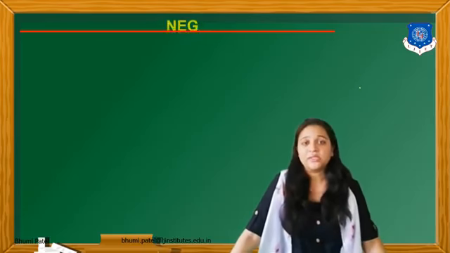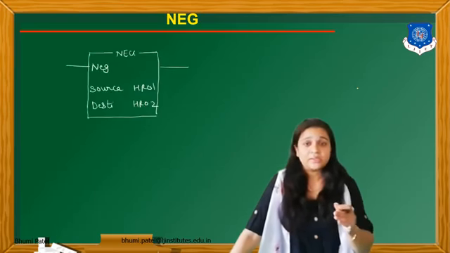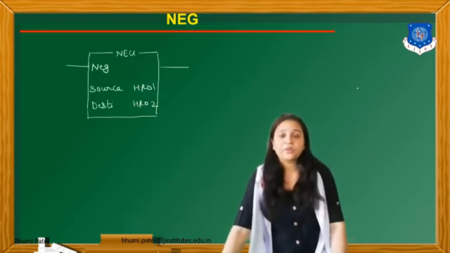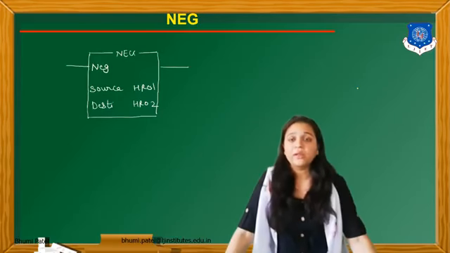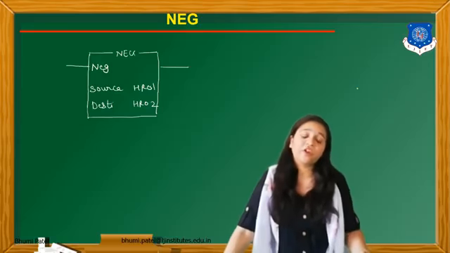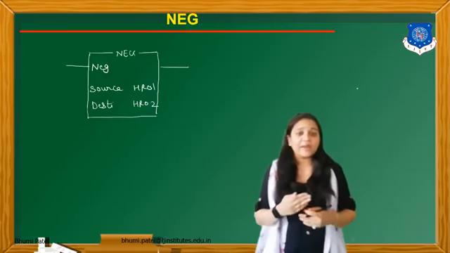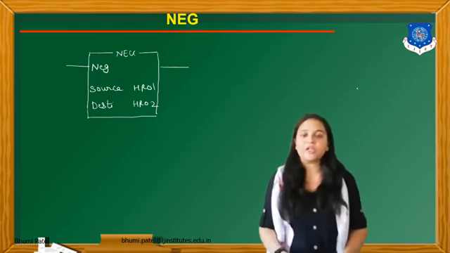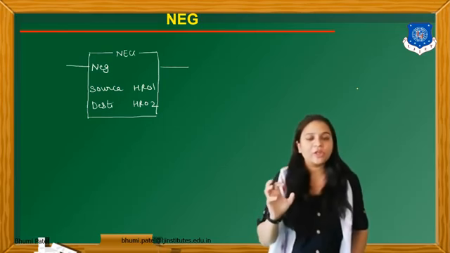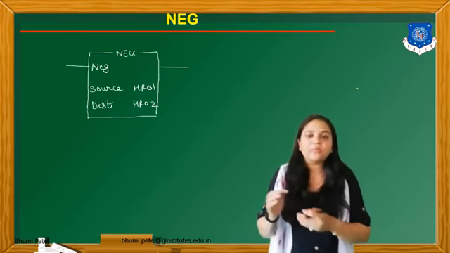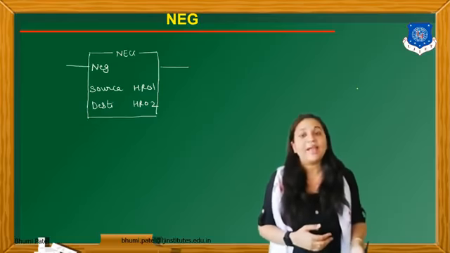Now the next is NEZ. It indicates the negative. This is the block of the negative sign. If we have applied some signal, or given some input for this particular plant or system, and we get the output, but the output has a negative value, then we can simply connect this block to this output. The output will become the input. After this input we can put the negative, and then we can get the actual output.